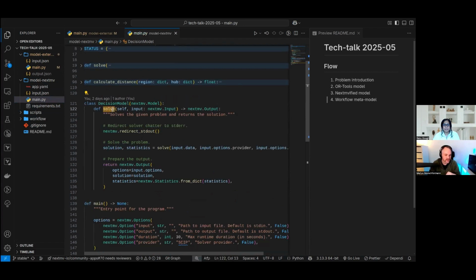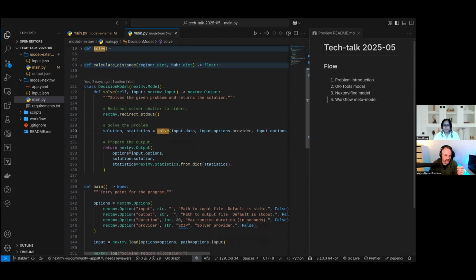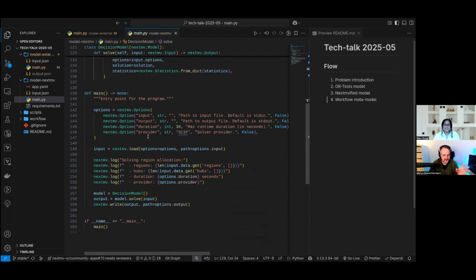So we have a solve function that we want to satisfy. And the signature is we receive a Nextmove input and we write a Nextmove output. And you can see the solve function we had before, and we're simply forwarding the things like the solution and some statistics into the Nextmove output. And mainly that. And there's also the main. I don't want to get lost here too much, but one thing that I find really interesting is this one, which is the options. So we can define options here for our